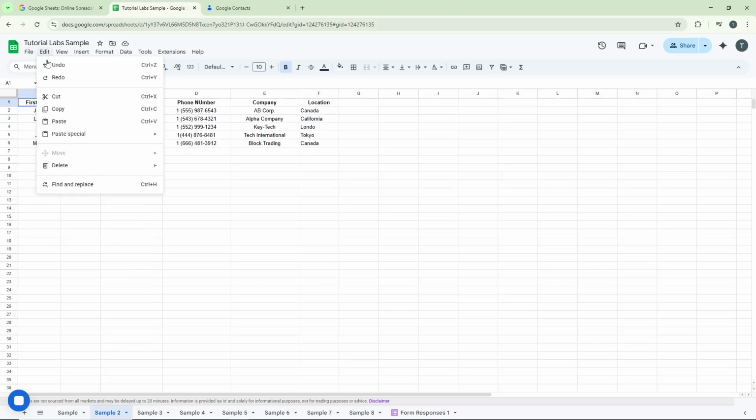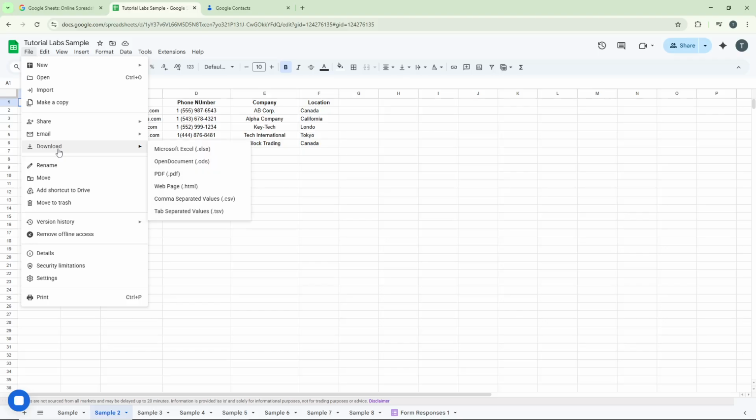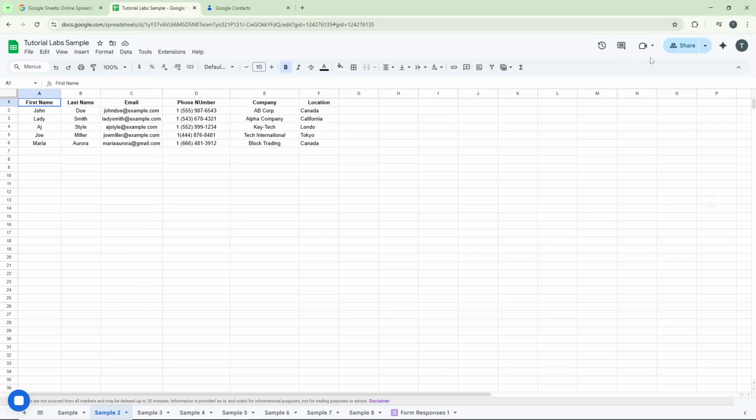From this menu, click on Download, which will show you different file format options. Here, you need to click on comma separated value, also known as CSV. This format is essential because Google Contacts requires a CSV file to import your data correctly. Once you click it, the file will begin downloading to your device. Depending on your internet speed and the size of the file, this might take a moment, so just wait until